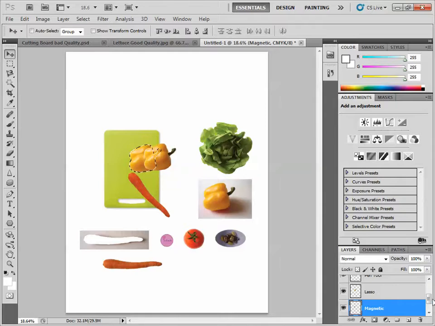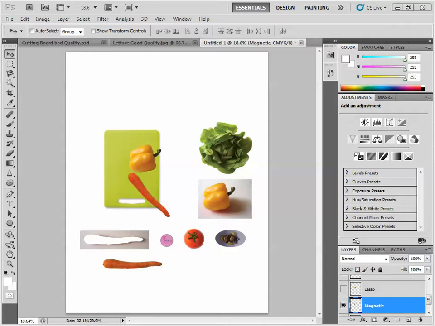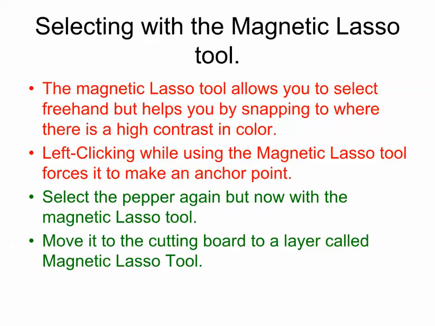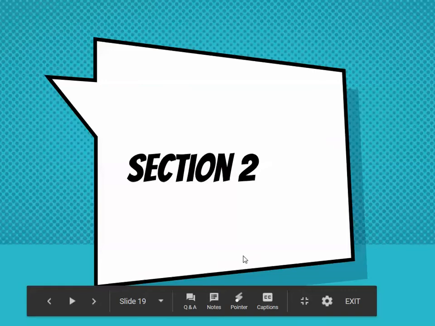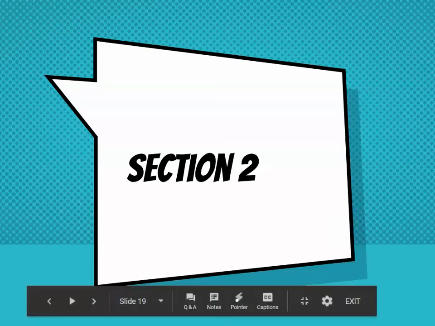To make it look good, we'll probably turn off the lasso. That one looks pretty bad. All right, and by the way, it's selected. I'm just going to go Select, Deselect. All right, so that's it for the first section. We're going to do it in 3 sections, so go on to the next video when you're